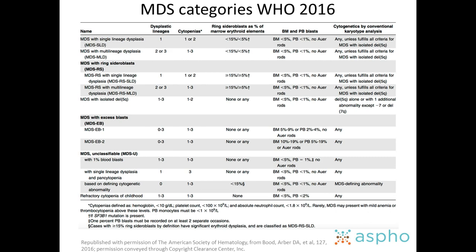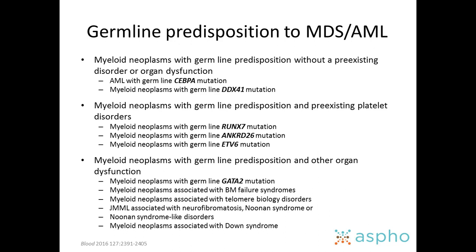The provisional pediatric classification of MDS may not have particularly held up over time, but I'd like to point out to you that the WHO classification in the current edition includes a classification of germline predisposition to MDS and AML, of which myeloid neoplasms with GATA2 mutations are common. These are so common that now it's our routine practice in all patients with AML that don't have a simple cytogenetic abnormality to look further for the potential of an inherited